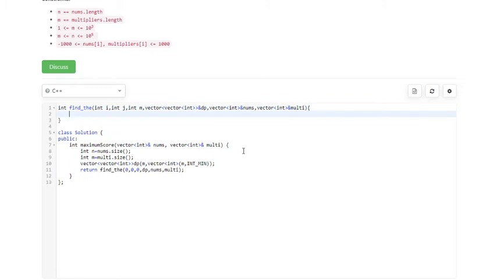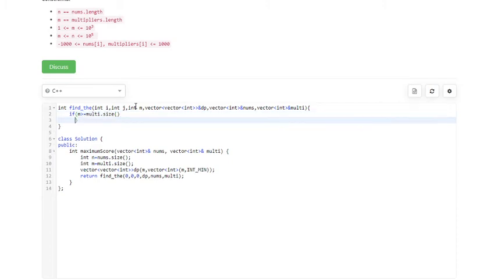What is our base case? Essentially m is nothing but i plus j. If m is greater than or equal to multi dot size, return 0, right?